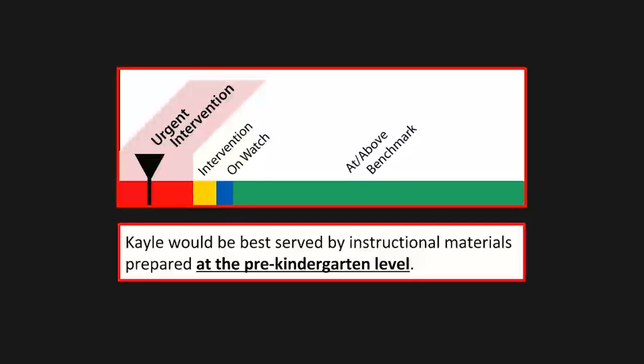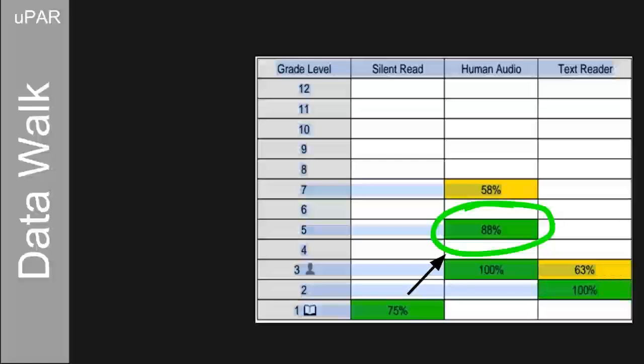But this means, what will the teacher do for science and social studies and all the other content areas? So instead of giving Kaylee only materials at her pre-kindergarten level, they looked at Kaylee's uPAR data, and they found that Kaylee could actually comprehend at a 5th grade level. So she was able to comprehend at 2 grade levels above her grade level, and the difference between her independent reading level and that is 1, 2, 3, 4 grade levels, which